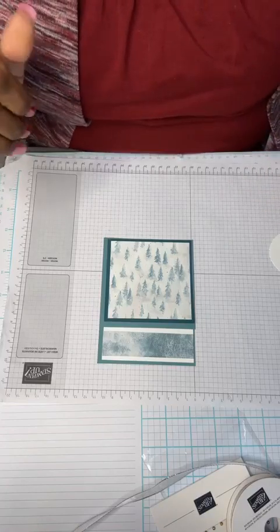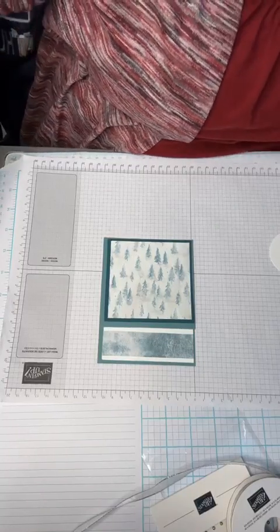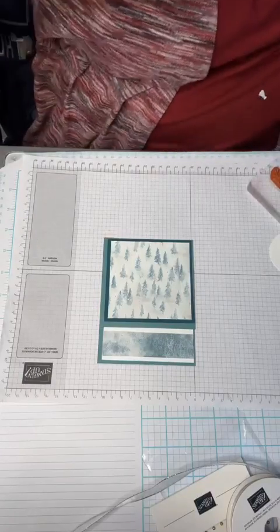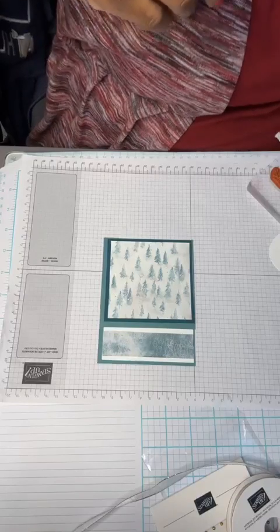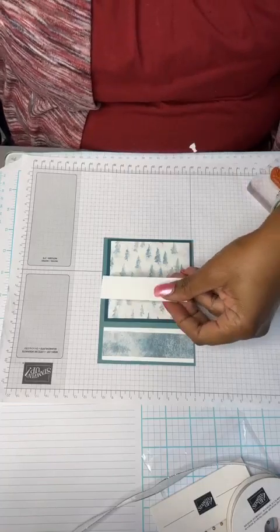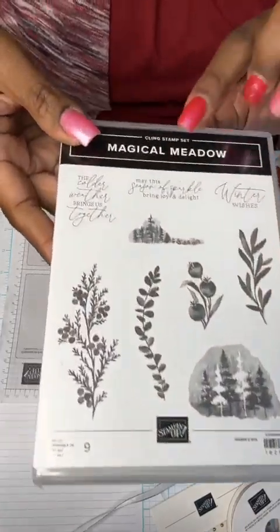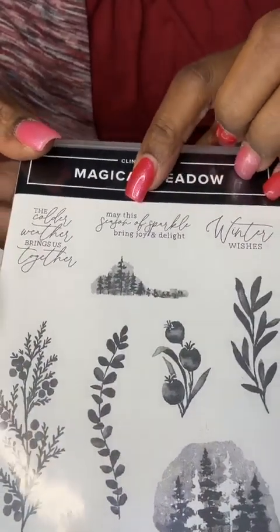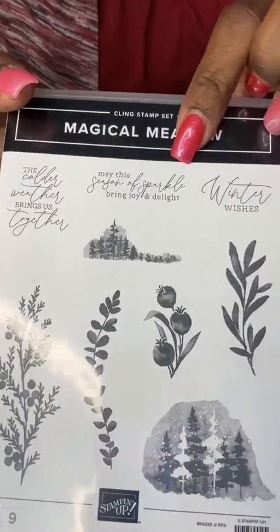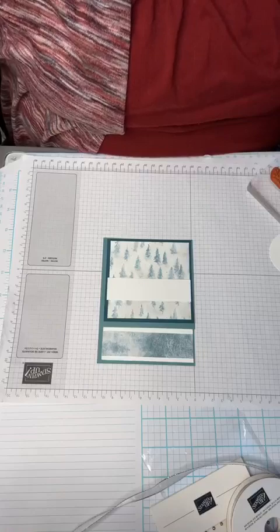So let's do a little bit of stamping. Let's bring the stamp set back so I can tell you about the sentiment we're using. I have a piece of basic white that is 1 inch by roughly 4, but we're going to cut it a little bit. And then we're going to use this sentiment in the middle. It says, may the season of sparkle bring joy and delight. So I love that. So we're going to use that sentiment,